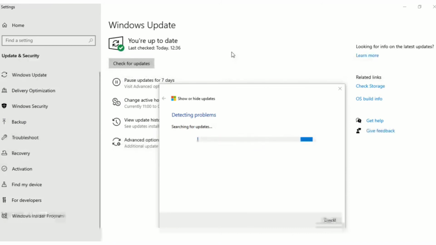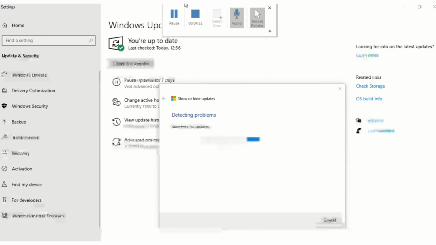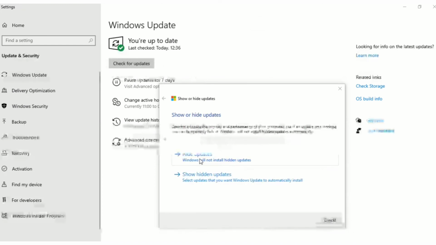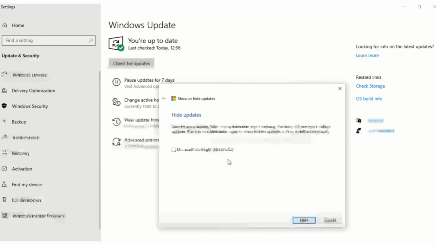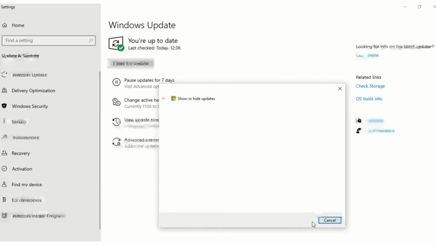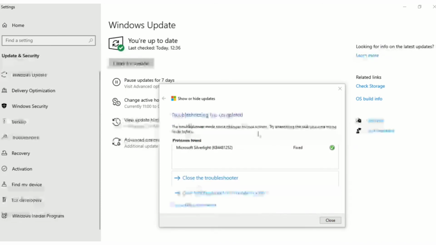Okay, now I will tell you how you can download that software, that is the troubleshooting software. That is the option I will tell you. Okay, it is very clear also. I have mentioned in my description how you can download that software, and based on that how you can run it. Okay, the same way you can do it, and you can get the software and resolve your problem. Okay, it's loading, it's resolving 100%. It is not done. Yeah, now it is fixed, the problem has been resolved.